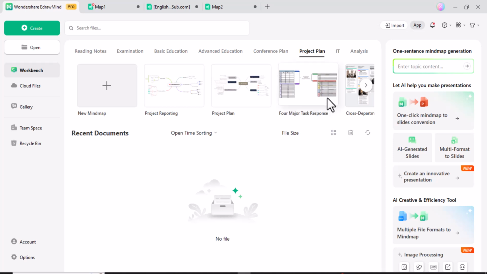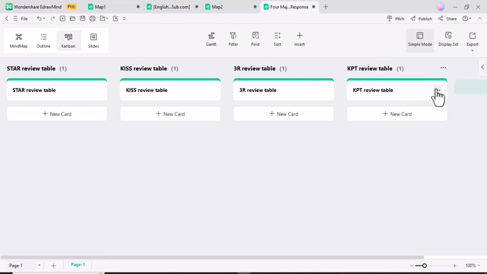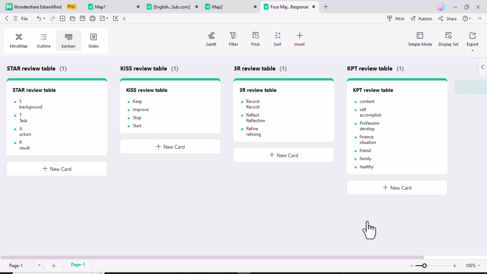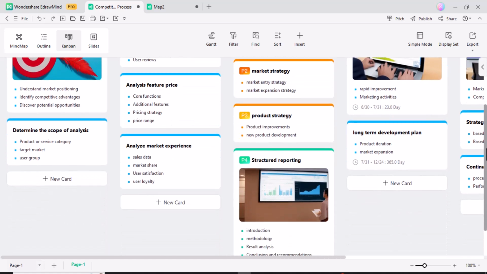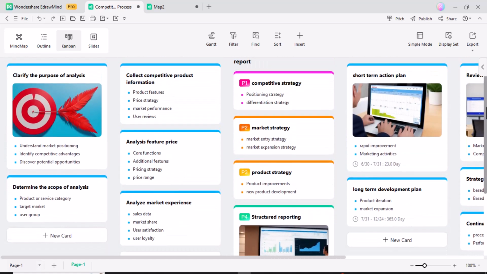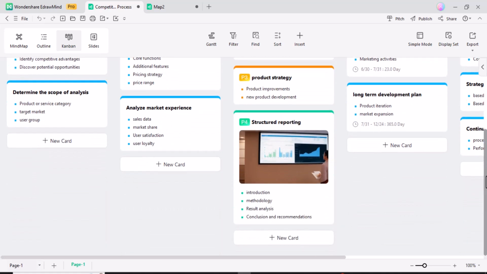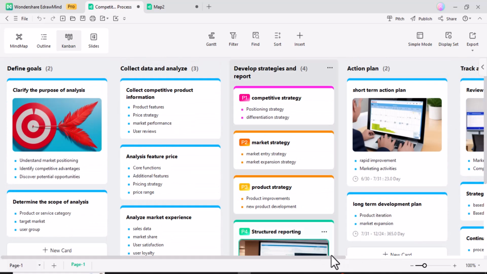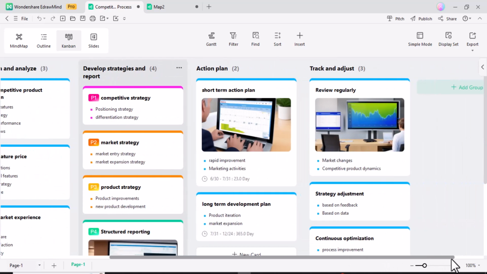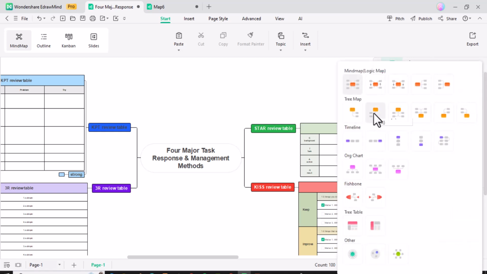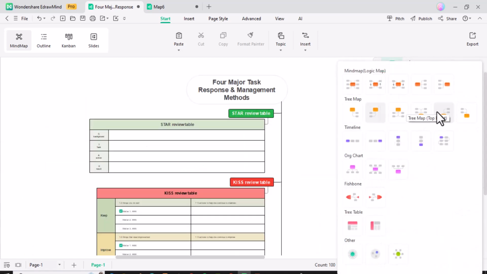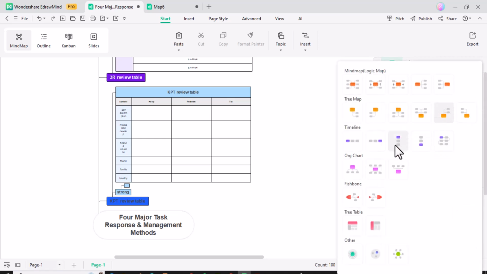If you are in project management, eDrawMind's AI can create a PERT chart, Kanban board, or Gantt chart for you in seconds. Whether you are visualizing a project's critical path or managing daily tasks, eDrawMind's AI tools make it easier than ever. Kanban mode easily converts your diagrams into a Kanban board to manage tasks and monitor team progress. Perfect for project management and agile workflows. Mixed layouts. Get creative with 15 different layout options, ensuring your diagram fits your presentation style and the message you want to convey.